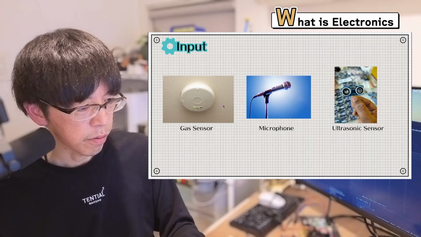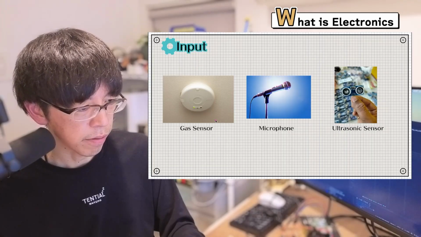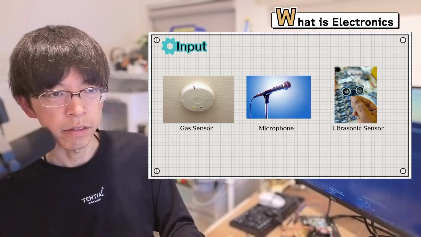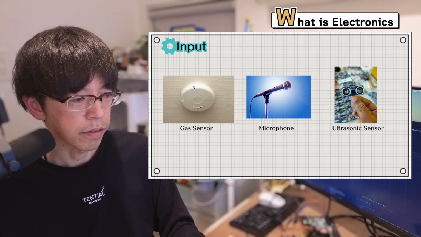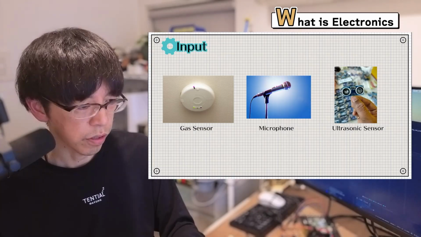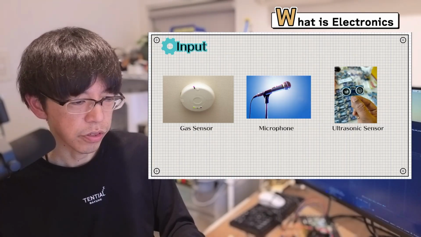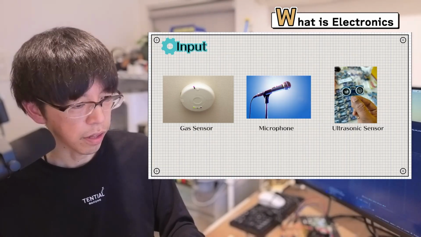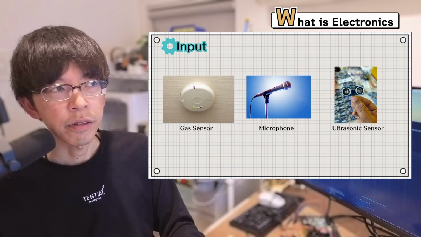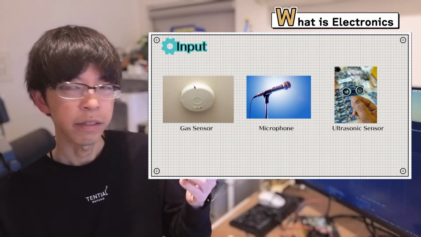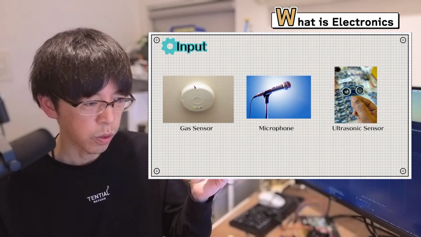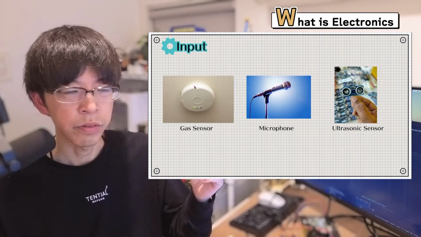The first example is a gas sensor. The sensor detects very many gases like carbon dioxide gas or oxide gas, or sometimes